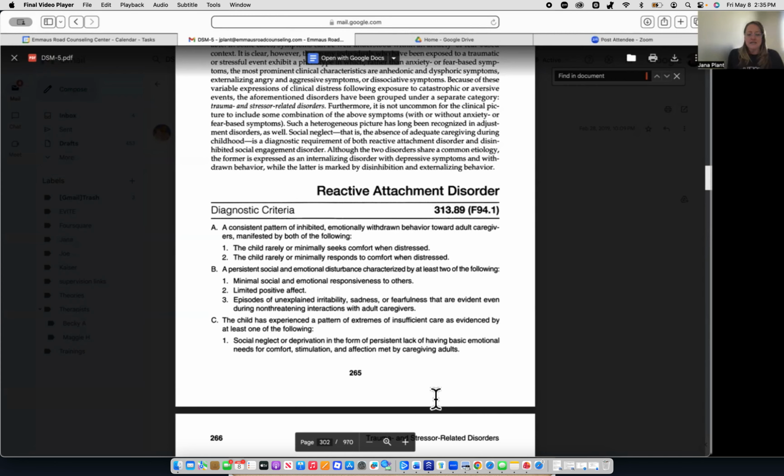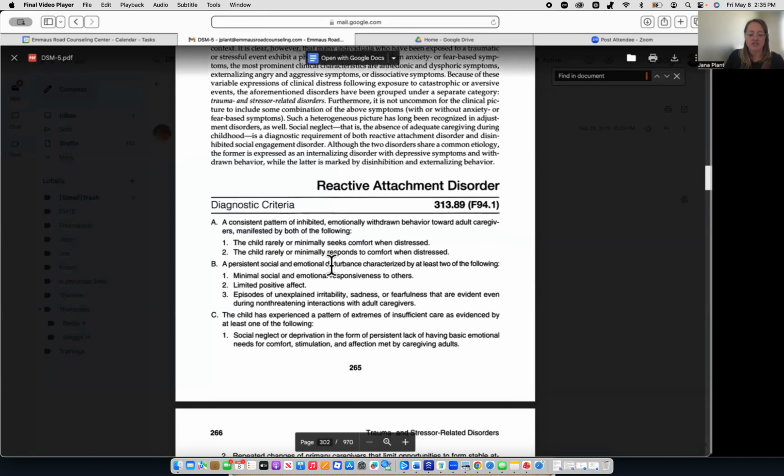So looking at some of the diagnostic criteria, it's a consistent pattern of inhibited, emotionally withdrawn behavior toward adult caregivers, manifest in the following. The child rarely or minimally seeks comfort when distressed, rarely or minimally responds to comfort when distressed. And the reason for the symptom is because they've learned at a young age that a caregiver is not going to meet my needs. When you are a baby,